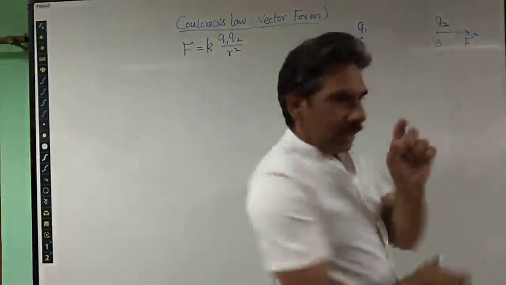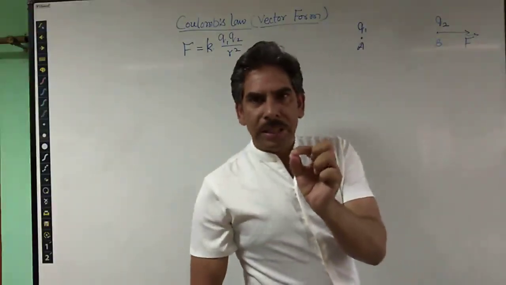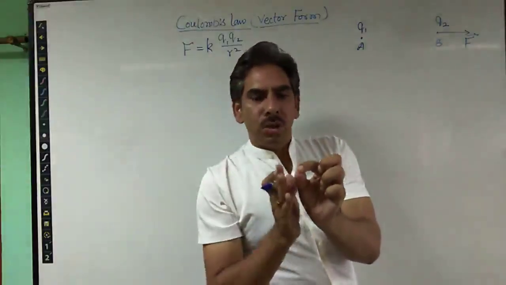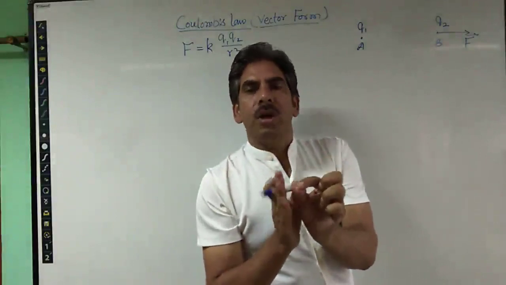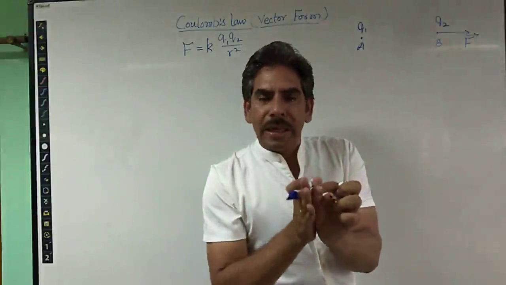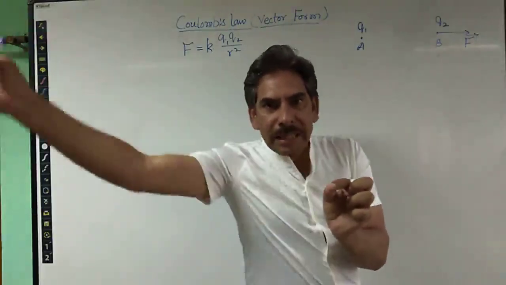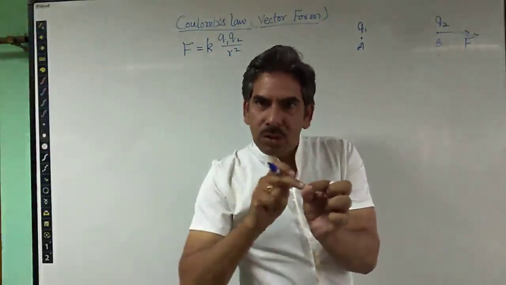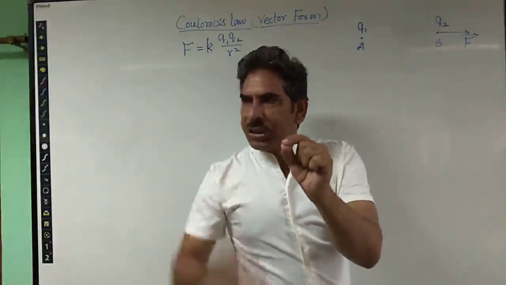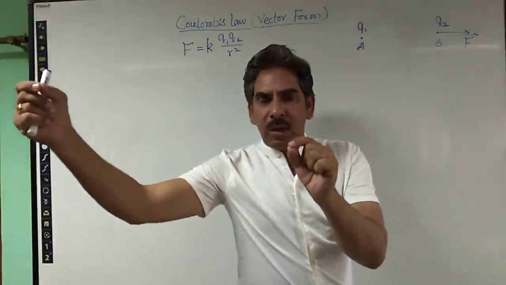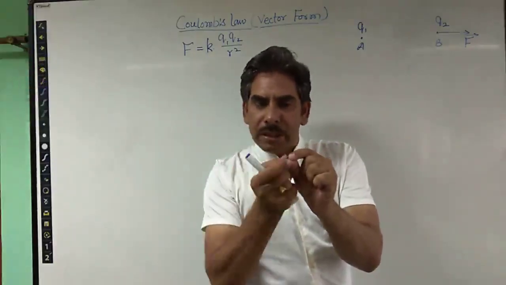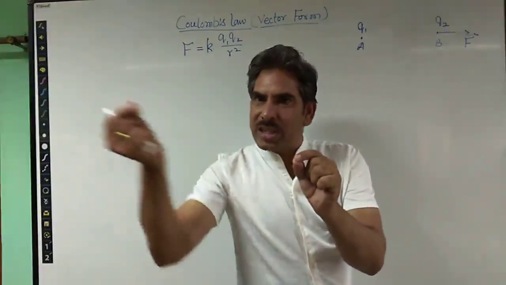So here is the Q1. Let me just represent it this way. Here is the Q1. Q2 charge may be anywhere. So you have to define the direction, or we can say the position, of that charge where Q2 is lying. That will be the position vector of that charge with respect to this one. For example, here is the charge Q1 and Q2 is here. Then what is the position vector of Q2 with respect to Q1? Because this one is exerting the force. The direction of that position vector will be in this way.